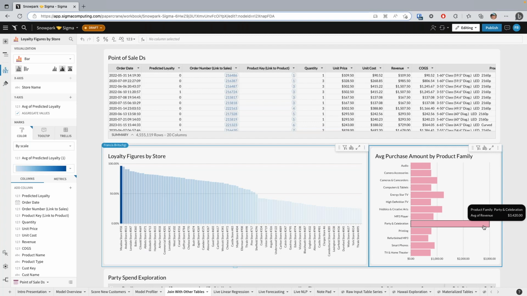And so it's just this fun kind of side effect of random noise where I can identify that maybe the folks who are buying all this party equipment are more likely to show up to a store. And even though that's just a fun effect of randomness, this is exactly the kind of insight that a BI practitioner would be able to explore this way and start to say, all right, I'm understanding now how